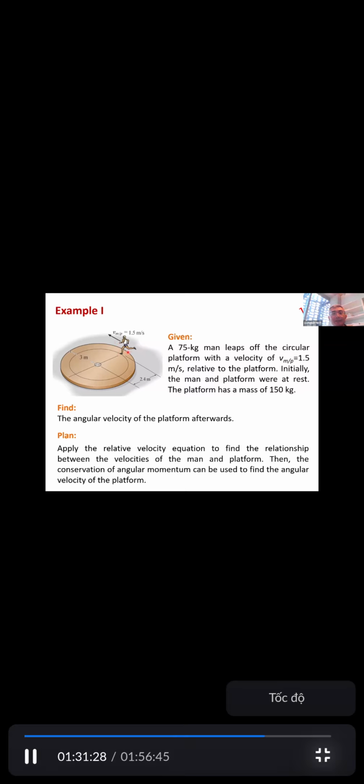Initially, the system was at rest. The platform was static and this man was static. The question here is, if this man leaps off this circular platform with a velocity of 1.5 meters per second,